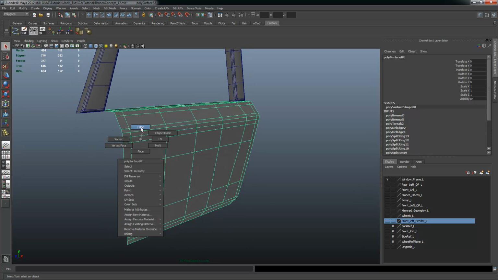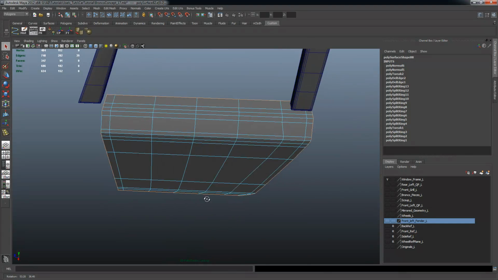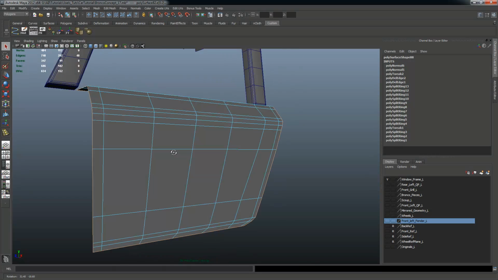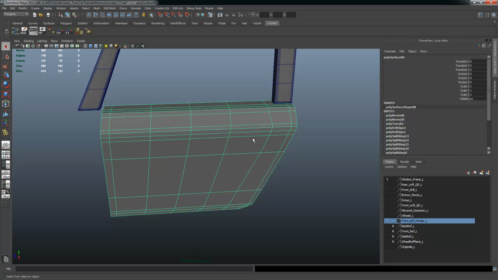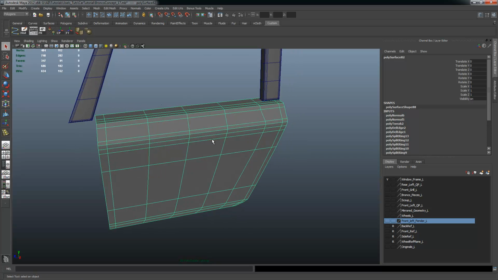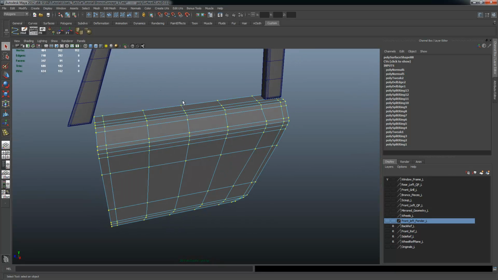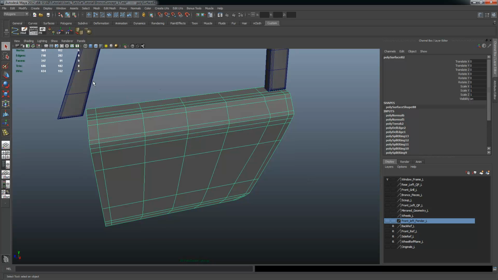Now when I go into edge mode and I double click the edge, it should select the loop without running through the center of it. And we've confirmed that that worked, so that looks good. One other thing I always like to do before I get going is make sure that all my vertices on this panel are actually merged, and that I don't have any stray